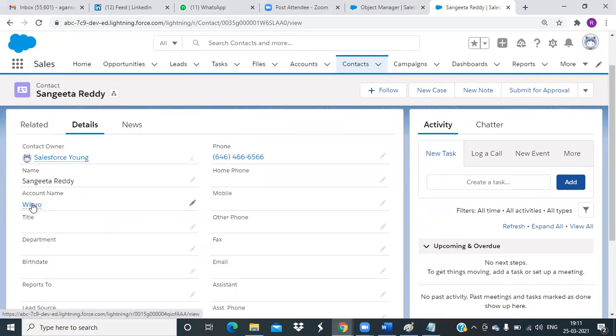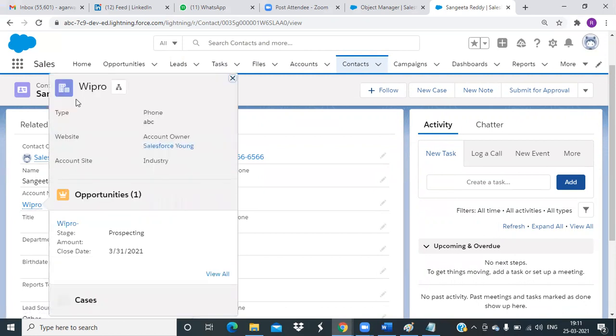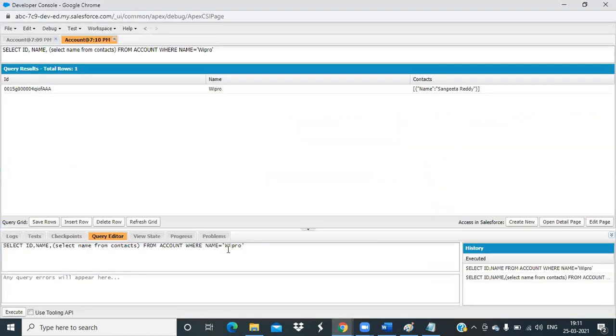I want to know the rating of the account for this contact. So what will be the query? We will use the dot operator here. So what will be the query? Select ID, rating.